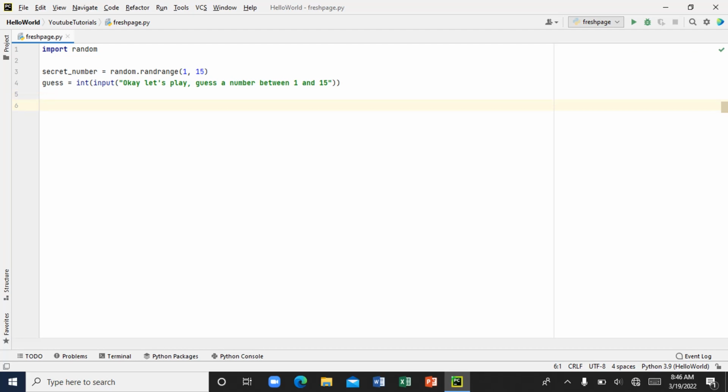So let's assign count. This count is going to be counting the number of times the user is going to be entering his or her values. That's what all this means. So you assign our count to 1. You can assign it to 0, 1, 2, or whatever, and it will still work. So let's say while guess,